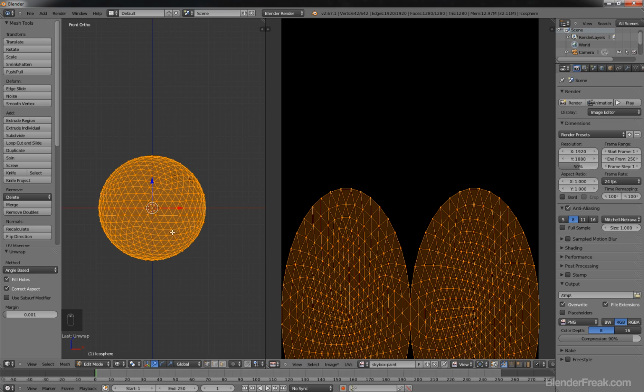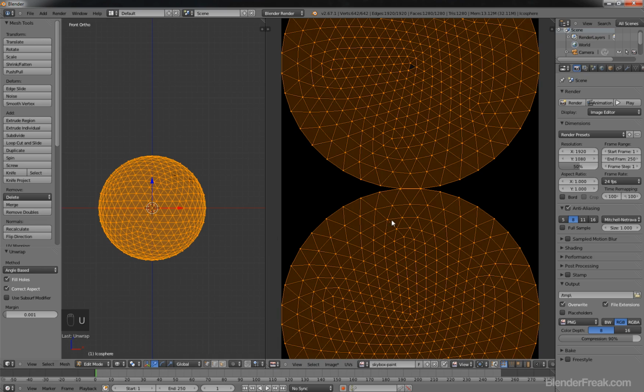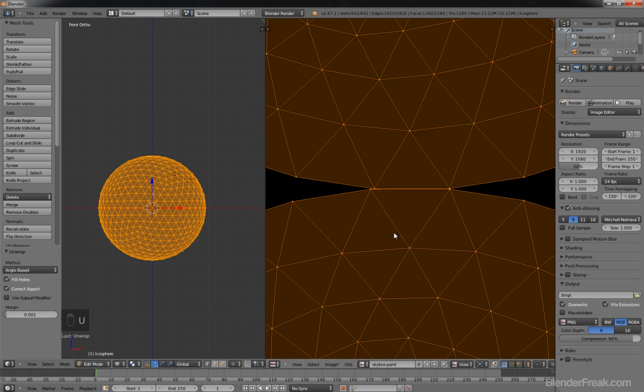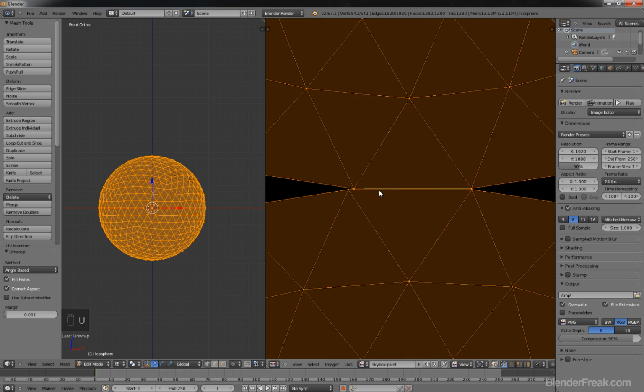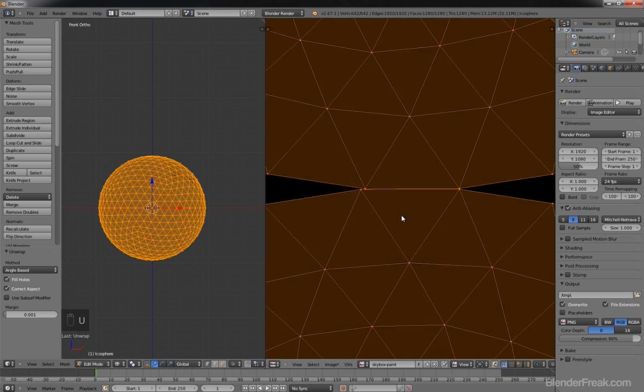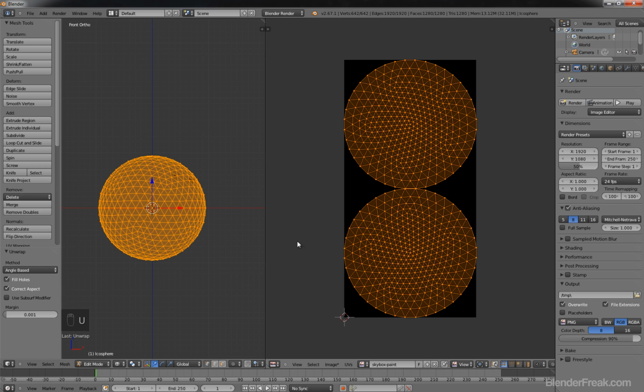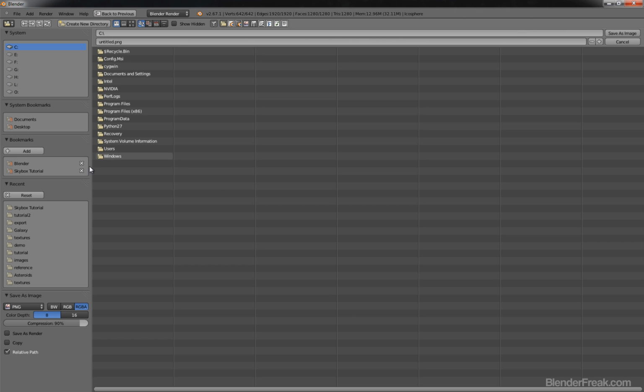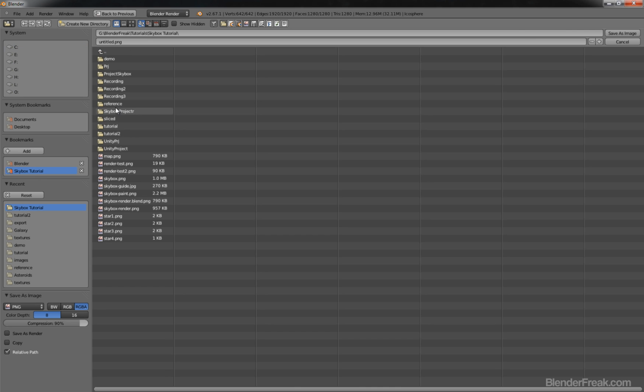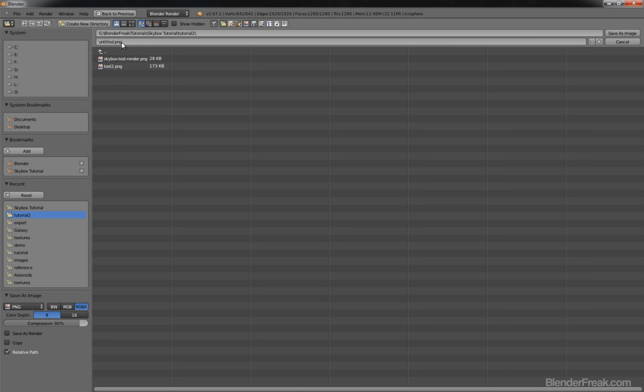And again press U to unwrap, and you can see, so it is correctly unwrapped. Right now I will save the image and go here, Skybox, painting,